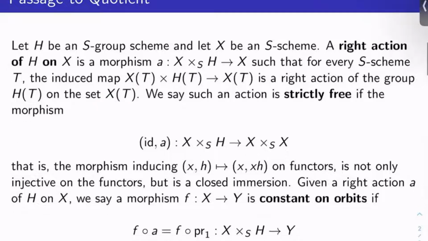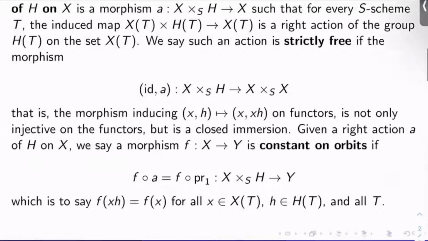And we'll say such an action is strictly free if the morphism (id, A) from X cross H over S to X cross X over S, which is a little bit loose and free with the notation. What I mean is the morphism inducing (X, H) maps to (X, XH). So this is a morphism on functors, right? Well, this should be injective, right? If strictly free means what you think it should mean, like from an algebra class, this map should be injective. But we want it to actually be a closed immersion,